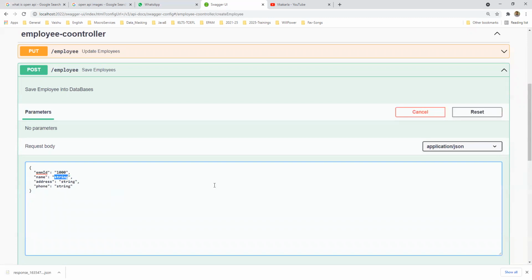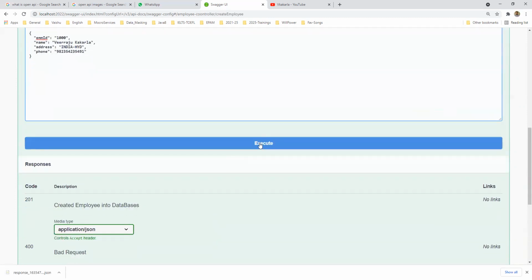Name I can give as Virraju Kakarla or Veer. Address: India, Hyderabad. Phone number, something I'm giving. Fine, so I'm executing.